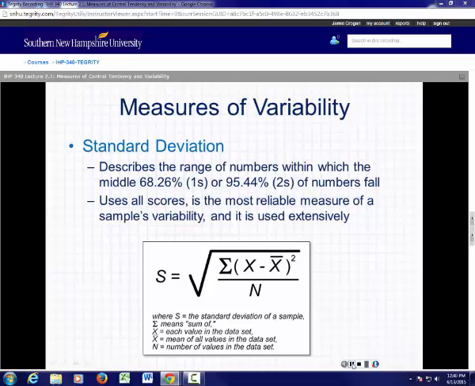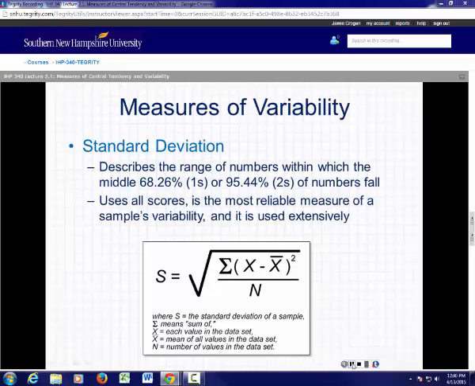And we'll talk about this in much more detail, but for now, know that the standard deviation uses all of the scores in the set of data. It's typically the most reliable measure of the sample's variability, and it's used very extensively. The formula for standard deviation is shown on your screen. S stands for standard deviation. You have a phrase under a square root bar, and the symbols are the little funny looking E means